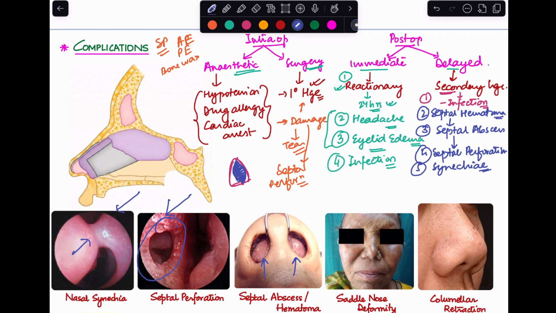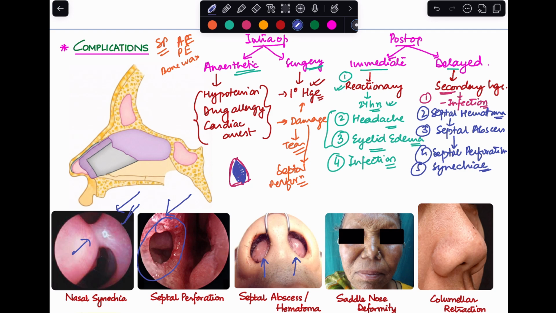This is a very preventable complication. How can you prevent it? We should be very careful about not causing much injury to the mucosal surfaces. That is important. And secondly, if you do a proper packing post-operatively, this can be easily prevented. Now, usually if these are asymptomatic and the patient does not have any issue, there is no treatment required. But if the patient is complaining of nasal obstruction, in that case, you have to release these adhesions and keep the raw edges apart using silastic sheet for at least 10 to 14 days. So that's about synechiae formation or adhesions.